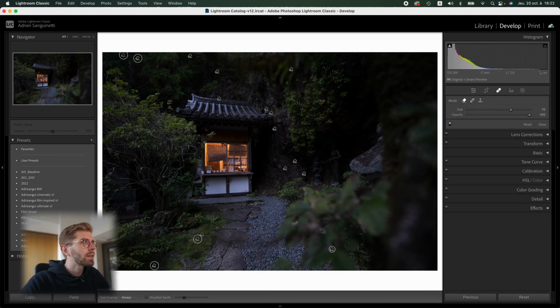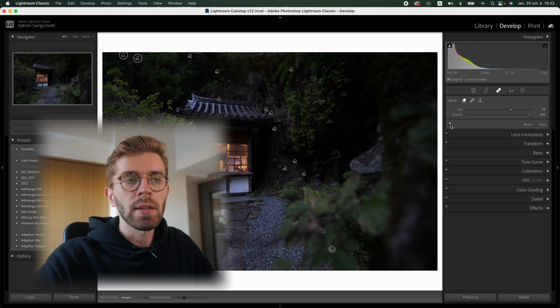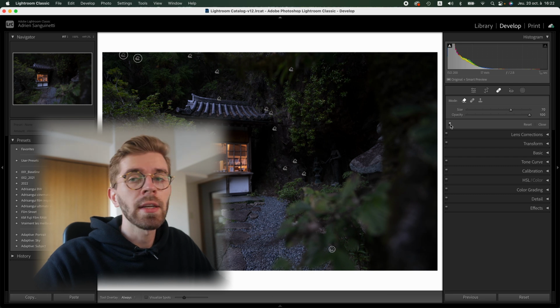A few seconds later, here is what I managed to do, and it looks pretty damn good, almost on par with what you can do in Photoshop. Actually, it's only when I really wanted to erase something and it was too difficult to do in Lightroom that I would jump into Photoshop, because even though the connection and the interaction between the two software is really good,